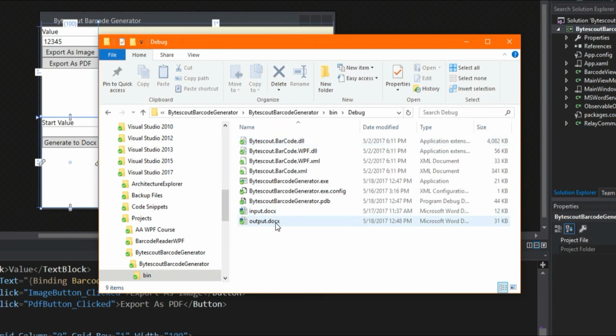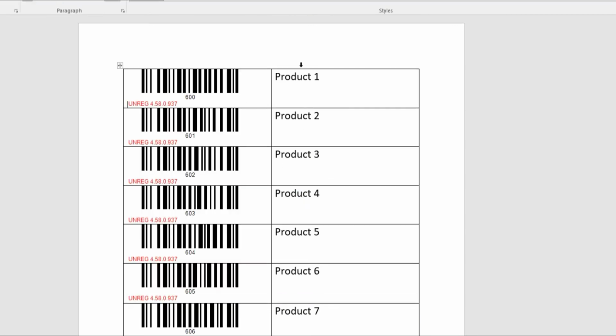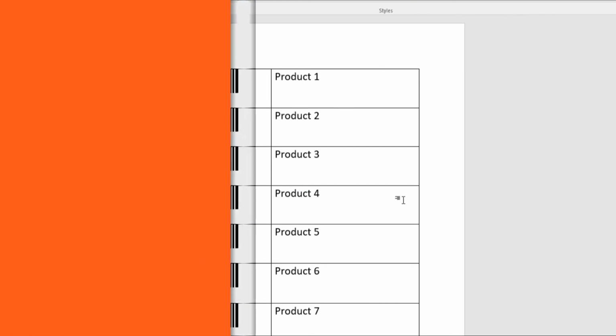Alright guys, so now before we get into the view model, let me first explain exactly what we're doing with these Word documents. In the template project, you should have been provided with an input and output docx file. This is the input docx. Now, basically what I did is I just created